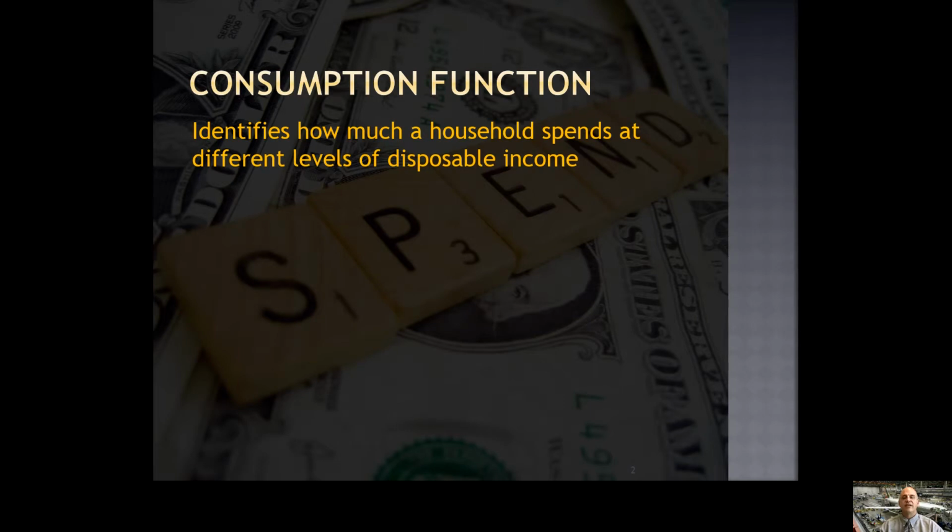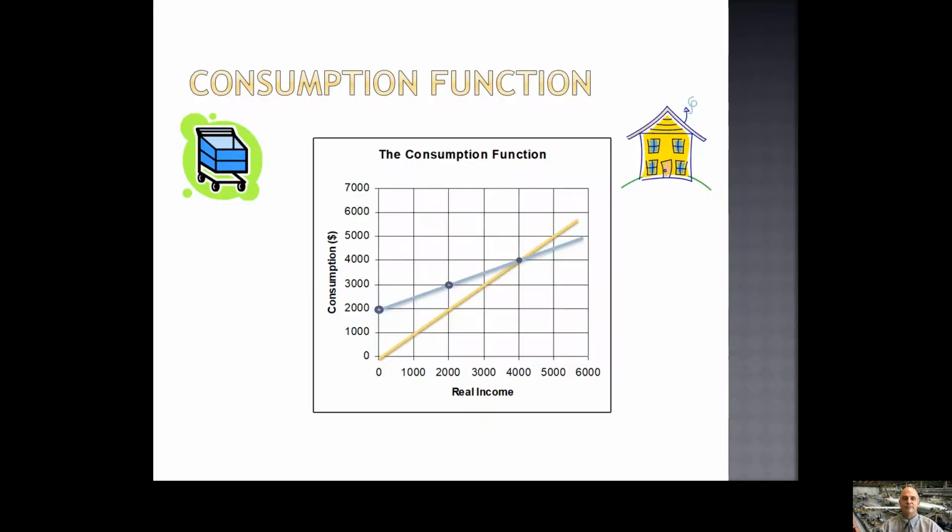And that simply identified how much money individuals would spend at different levels of disposable income. And we had a graph that illustrated the point at which we would spend exactly the same amount that we were earning. That would be the equilibrium point. We discussed autonomous and induced consumption, as well as marginal propensity to consume, which is the slope of the consumption